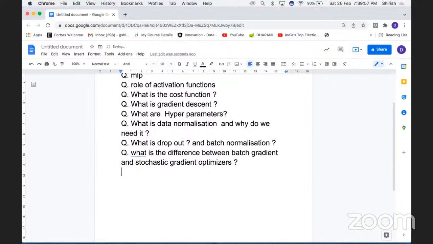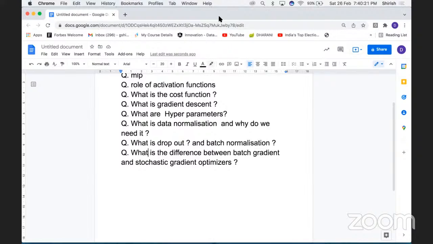So you go back and update the weights with backpropagation to minimize the loss. To make your algorithm learn better, you are using different optimizers: Adam optimizer, RMSprop optimizer, stochastic gradient, mini batch gradient. Right? These are the different optimizers we can choose.